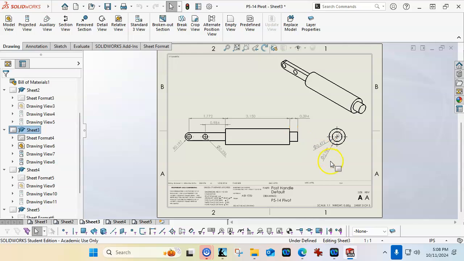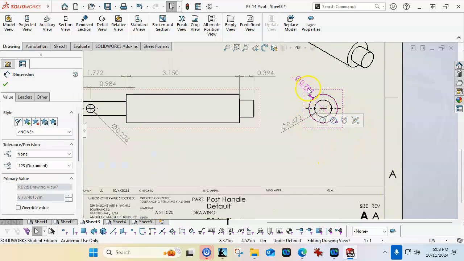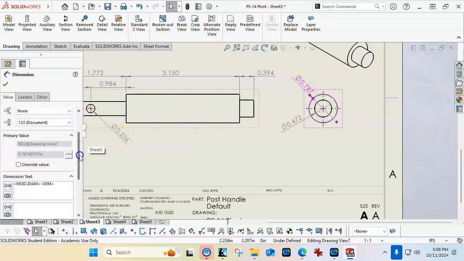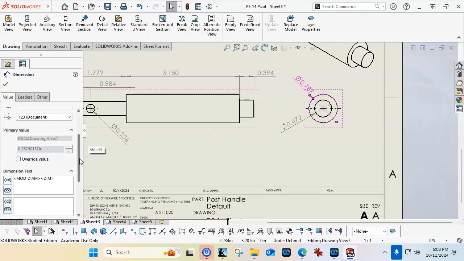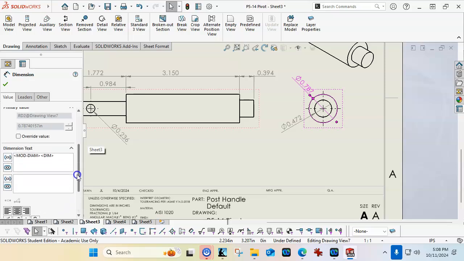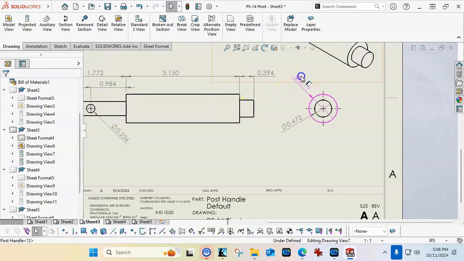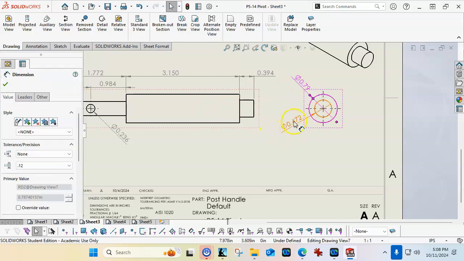All right, so the one thing I would be interested in here is the 787 is not critical. So the next pass would be to add tolerances. And I just want to tolerance a couple of these so you get a sense of the process. Let's see, we're going to go from 3 decimal places to 2. That gives it a wider range. Doesn't really affect anything. But because this is going to be a press fit, I'm going to be thinking